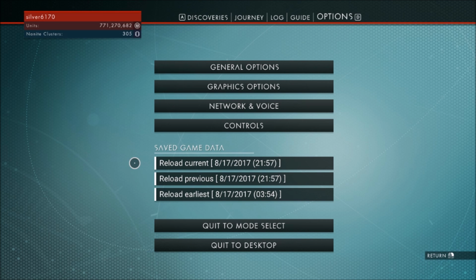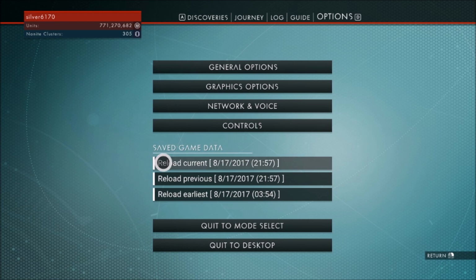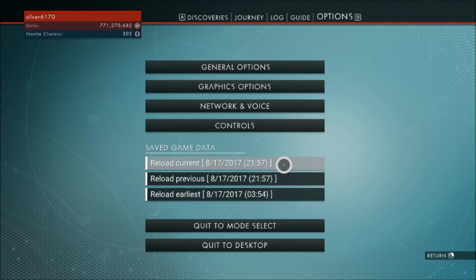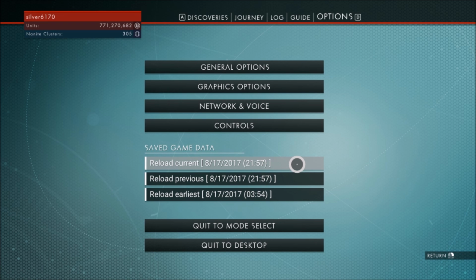So now that we're back into No Man's Sky, we're going to go to where it says Save Game Data, and then you're going to see three options: Reload Current, Reload Previous, and Reload Earliest. The one that you want to pick is Reload Current. So we're just going to click on that, and the mod is going to teleport us to that location. When it gets done here, you're going to see that we're in a different place,